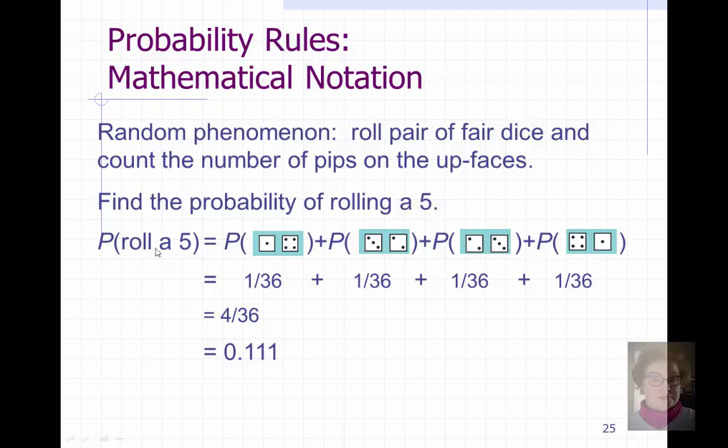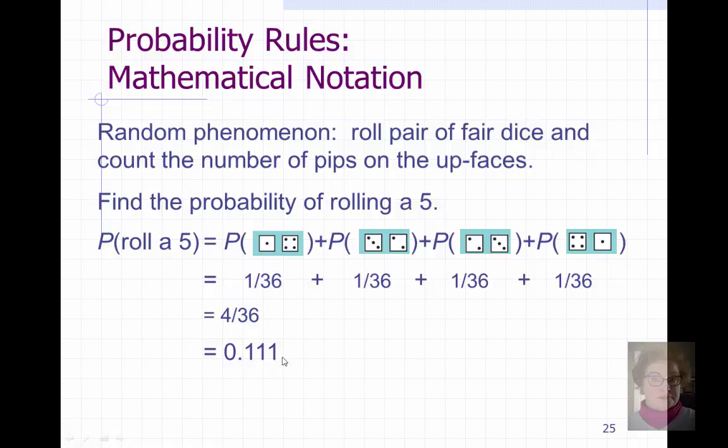So our event of rolling a 5 is going to be the sum of the probabilities of the 4 simple events that make it up. 1/36 plus 1/36 plus 1/36 plus 1/36 is 4/36, which simplifies to 1/9, which we can write as a decimal